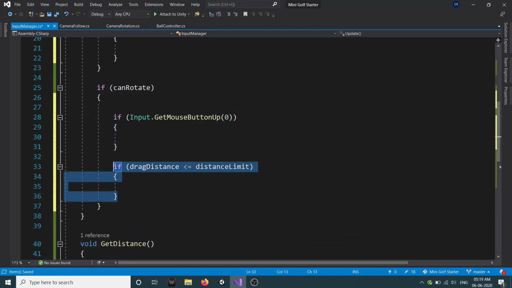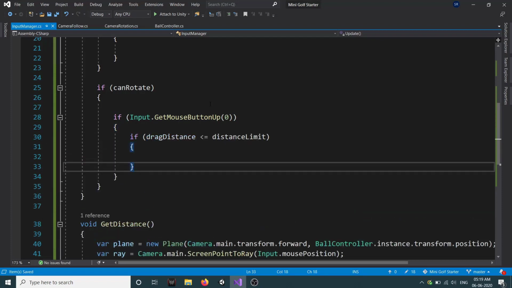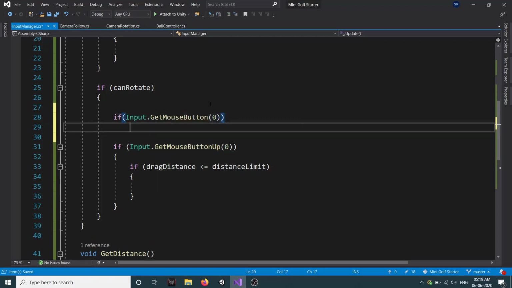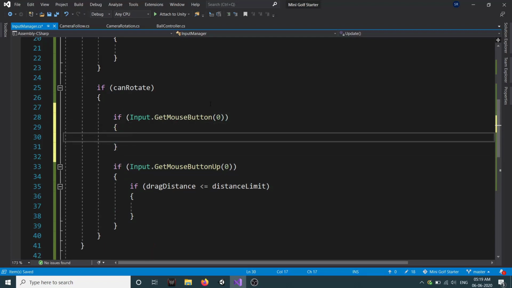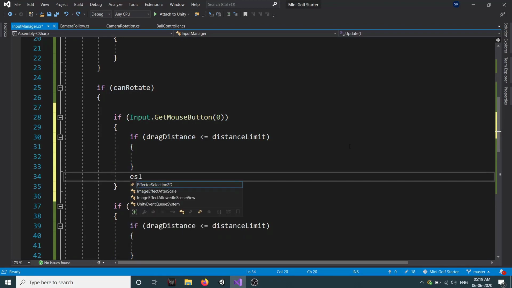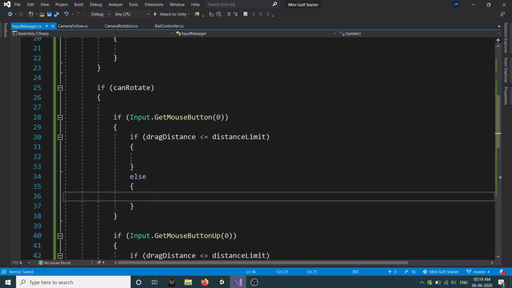And let's copy this and paste it here, and we need one more condition, that is if our Input.GetMouseButton. So inside this also we will have this condition as well. We will have an else, and this one will be for our camera.